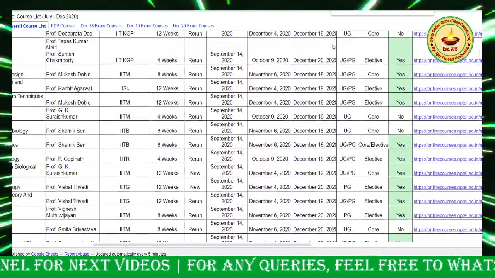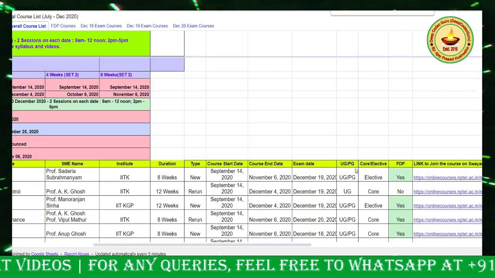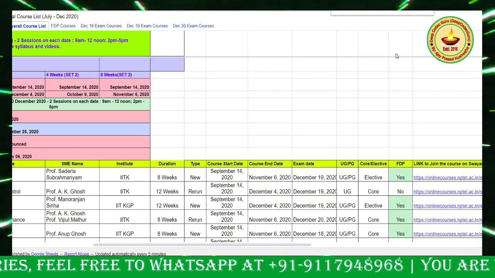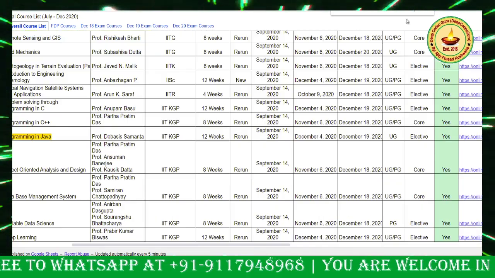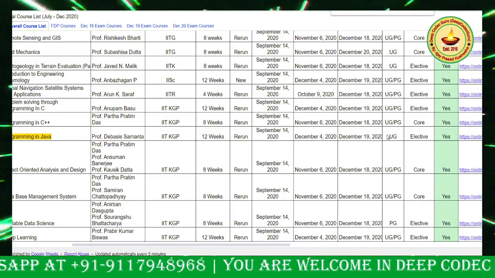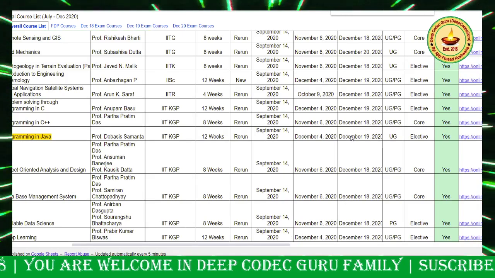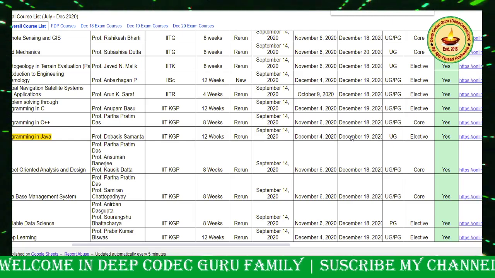Beside UG PG, there is the exam date on the left side, right? So you can see here beside UG PG, December 19 is the date for the programming in Java examination.